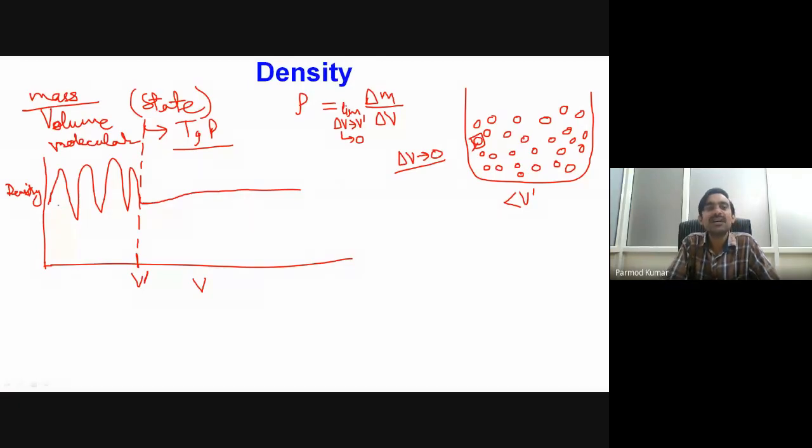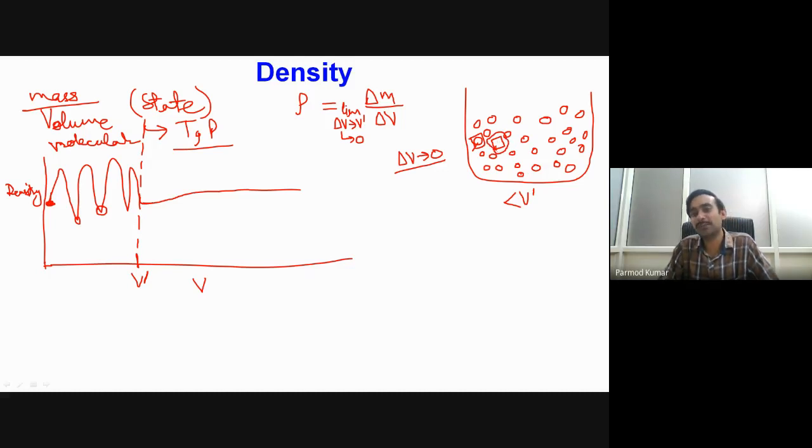We will be getting some definite value of the density, which is represented by these particular points. Sometimes what may happen, because now we are having the scale at molecular level, we may approach this delta V tending to 0. We may get a situation that our assumed value of delta V is actually getting into some location where we are not having any molecule. Because of the intermolecular distances in this particular zone, say we are not having any molecule.